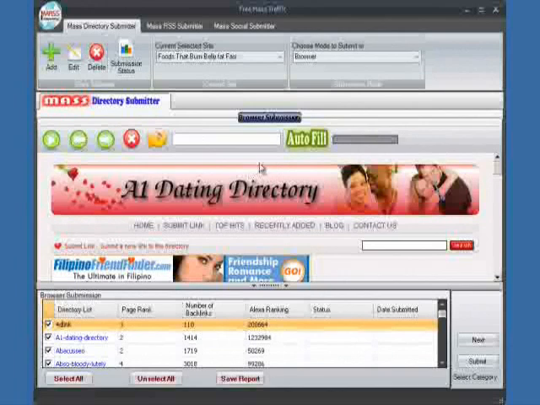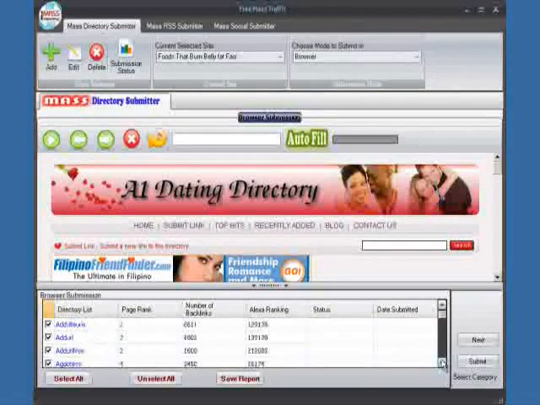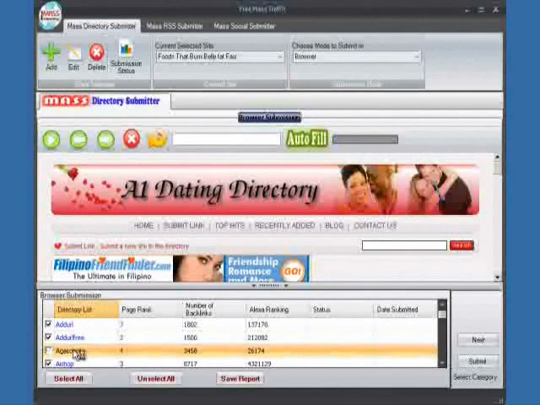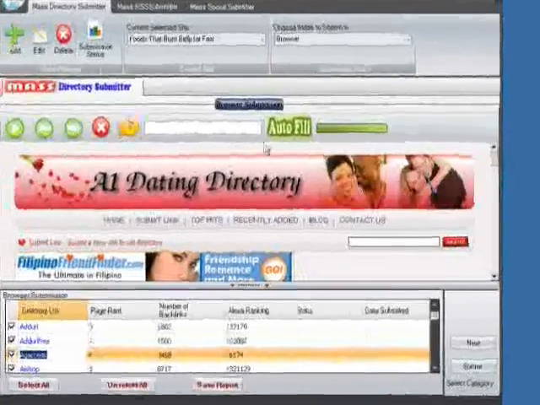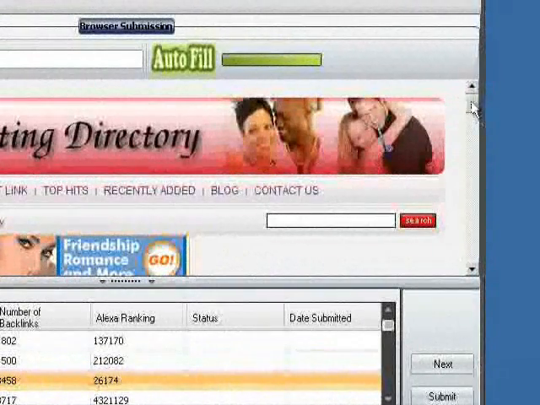So browser is the more specific way of doing it. If you want to be very specific about what services you're submitting to, you can actually see what they are. So if we now click on this one here, AG Access, then that will load up in this browser here. And the same thing applies here. You can just go through, and when it finds the appropriate section here, so here